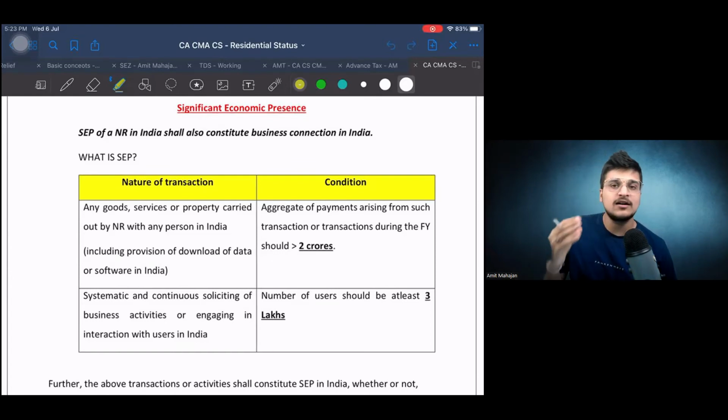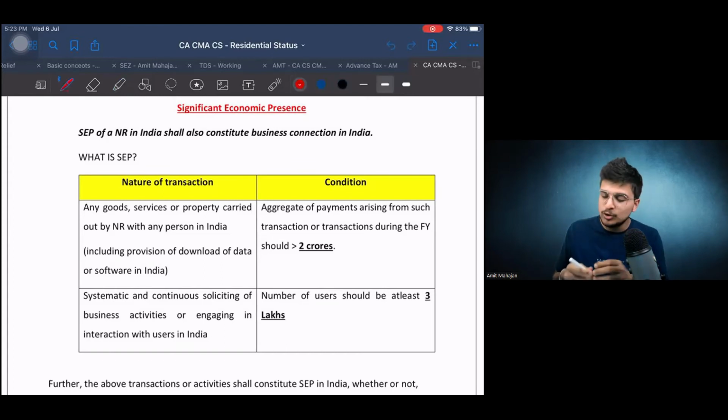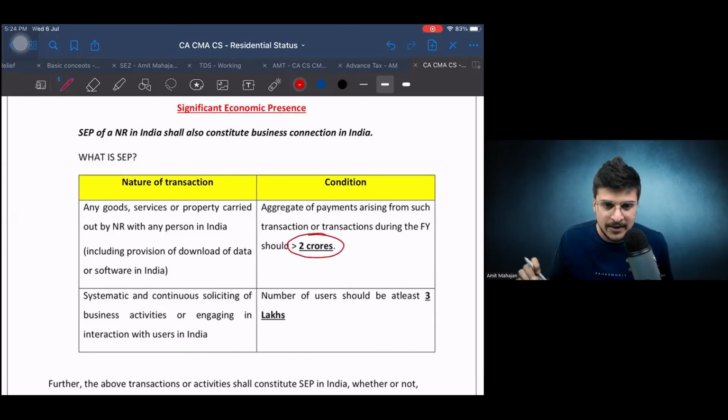ऐसा what are the conditions which you should satisfy to have a significant economic presence? तो उन्होंने ये जो पार्ट है वो दो तरीके से डिस्ट्रीब्यूट किया है। हम लोग पहले देखेंगे कि तूने जो इंडिया में गुड्स बेचे और सर्विस दिया, वो सेल ऑफ गुड्स और प्रोविजन ऑफ सर्विस से तुझे इनकम कितना जनरेट हुआ। तो हम लोग ये इनकम के वैल्यू से बात करेंगे। अभी इनकम का अगर वैल्यू और ट्रांजैक्शन का वैल्यू इज मोर देन 2 करोड़ रुपीज, देन माना जाएगा कि ये तेरा बिजनेस कनेक्शन इंडिया में है।